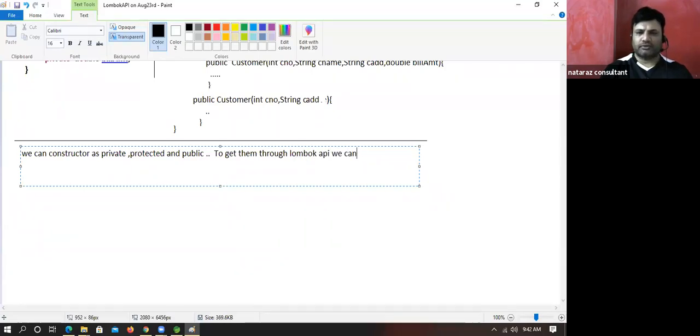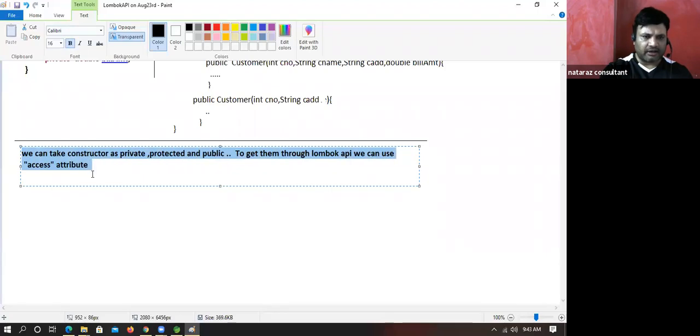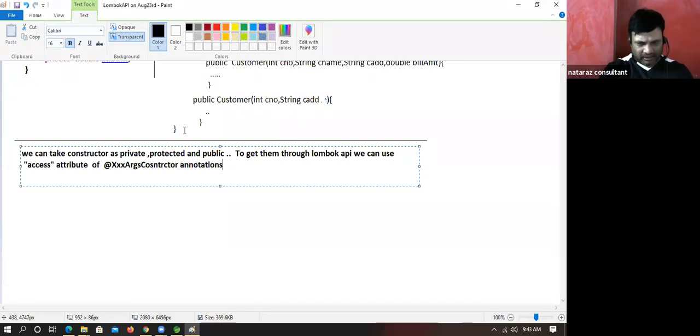We can use the access attribute of the @triple X args constructor annotations, as shown below.